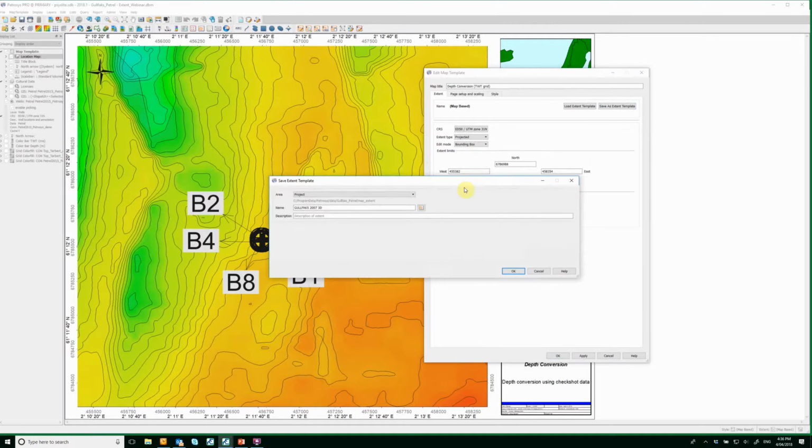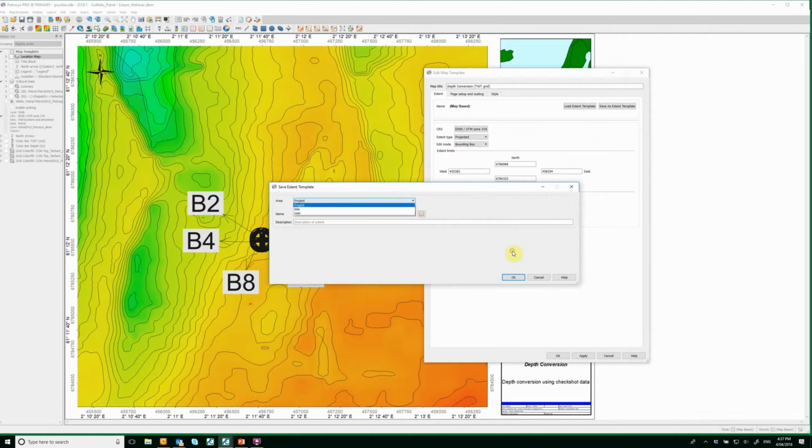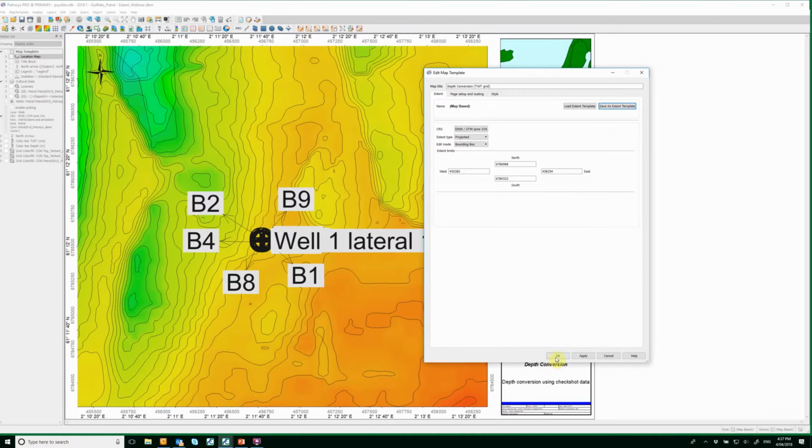If we click save as extent template, here is where you have the three areas where you can save the extent, as I was explaining in the presentation. You can save it at a project level, site level, or user level. As I was saying earlier, if you save it at site level, anyone in the company will have access to this particular extent. So let's call it, for example, webinar here, and let's put a description as webinar. And if I click OK, and then I click OK,